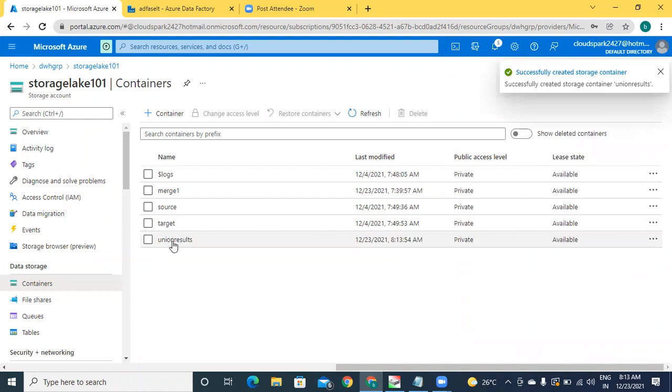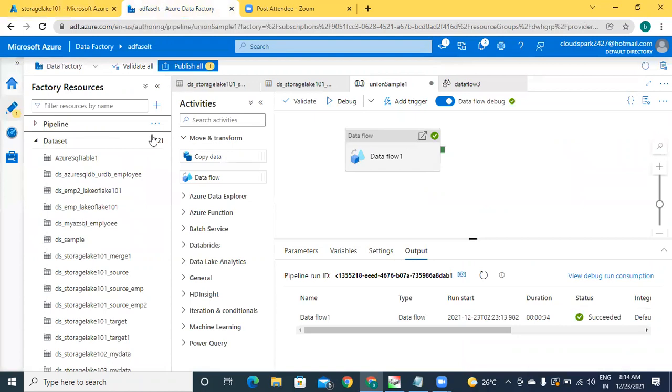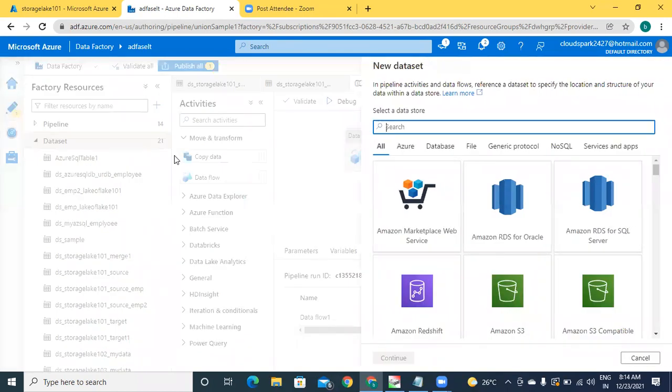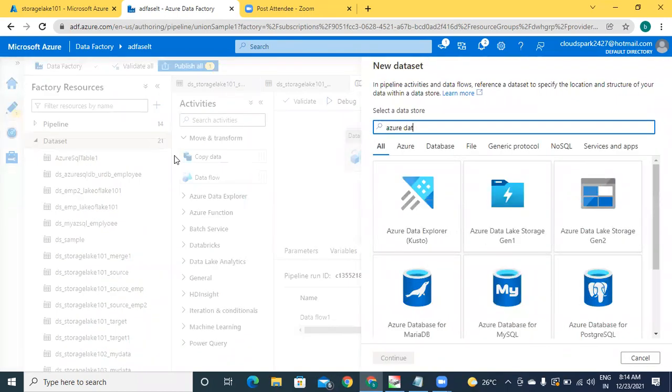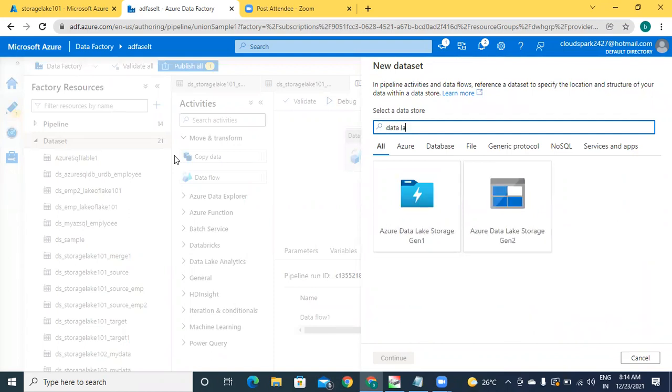For this container, we need data set. To create a data set, I'm coming to ADF Studio. Let's create a data set for that. New data set. So simply data lake I am going to select. The data lake Gen 2.